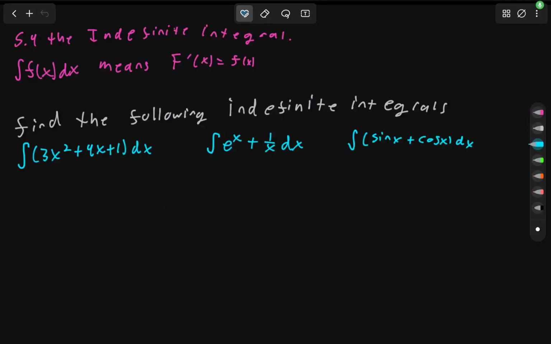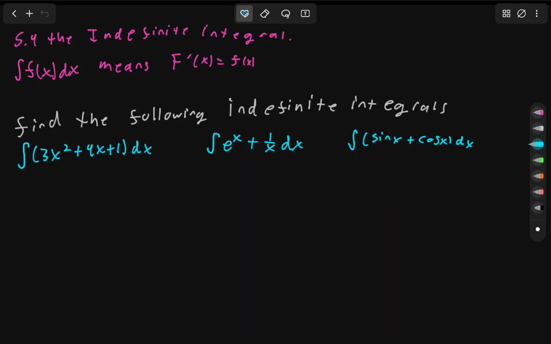Hello and welcome! In the last video we talked a lot about the fundamental theorem of calculus and how these ideas of the integral and the derivative are inverses of each other. Well, from this idea comes the indefinite integral. So really, back in chapter 4.9, we were talking about the antiderivative, this function that undoes the derivative. And now, the really cool thing about that is we can now take a look at